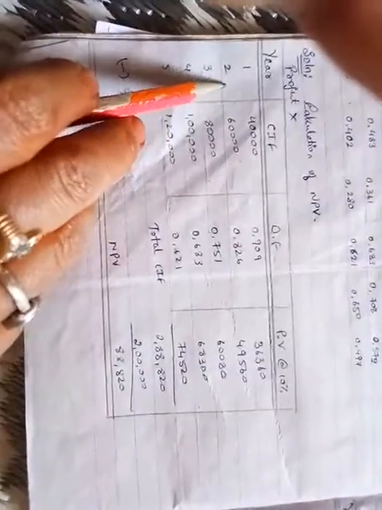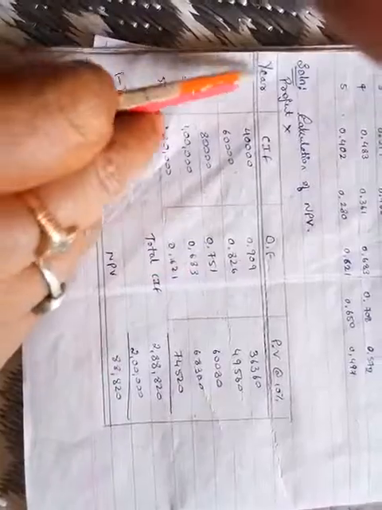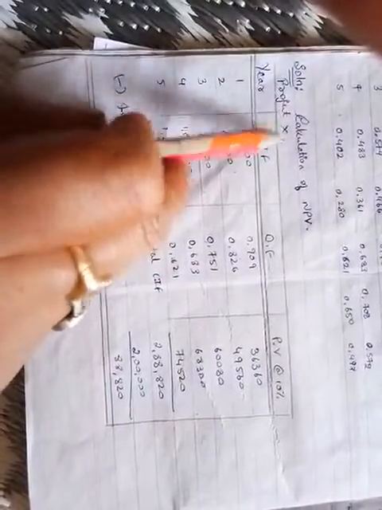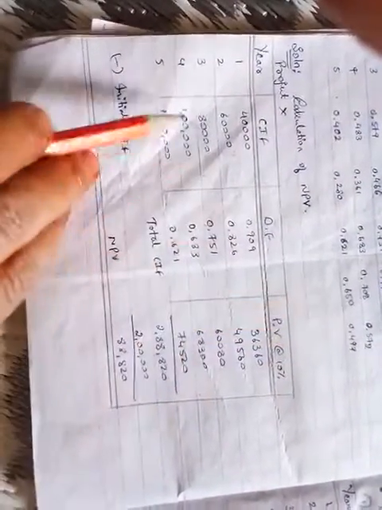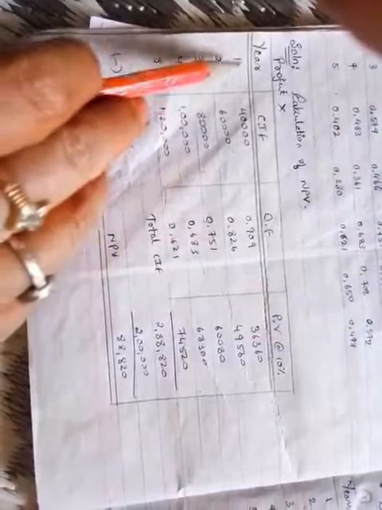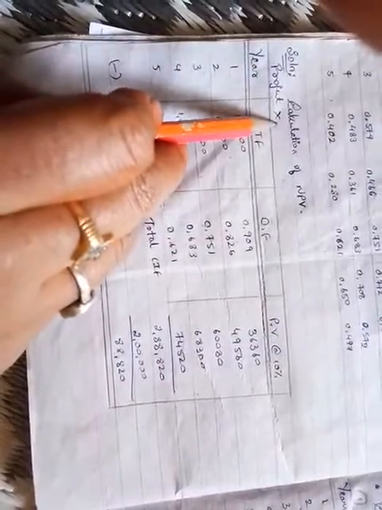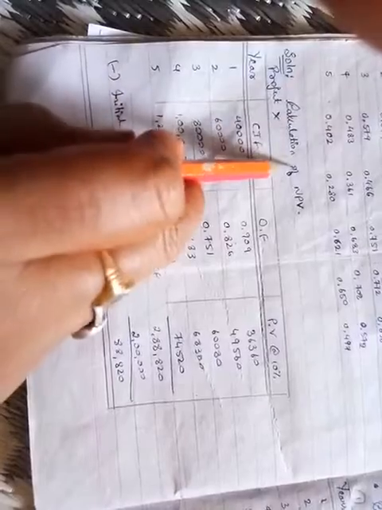So we have calculated NPV here by using the 10% discount factors as they have given for project X. First separately, you can put project Y in one table. So in order to make you people understand easily and clearly, I have made it in 2 tables. So in the first table, this is for project X. You have to mention it clearly, the heading should be written clearly.